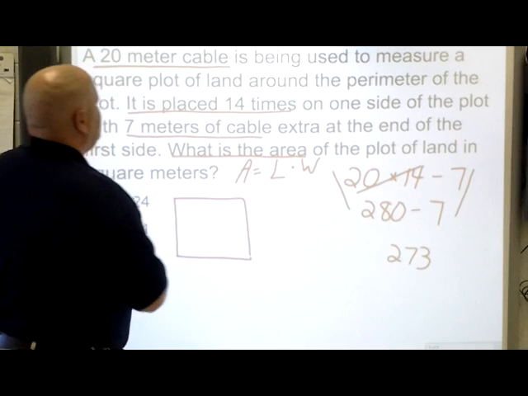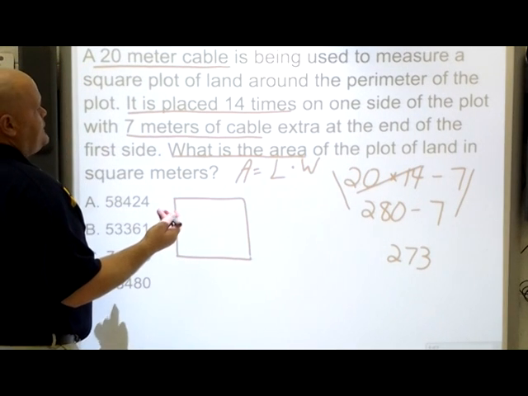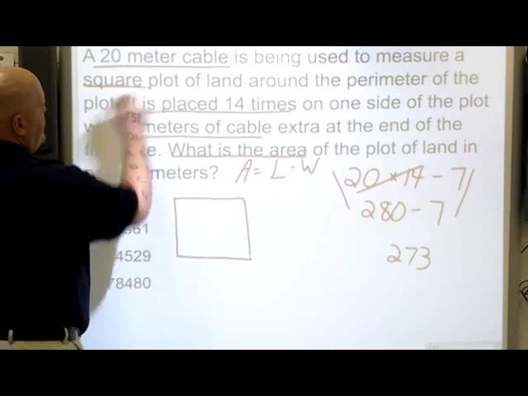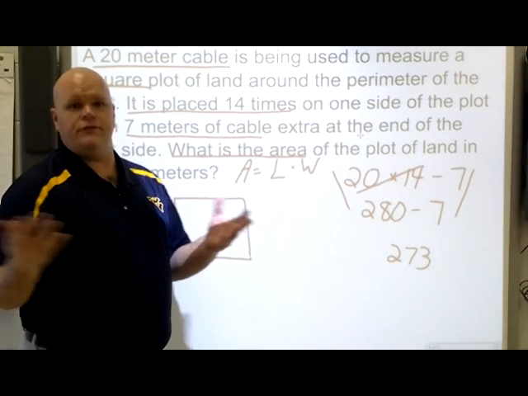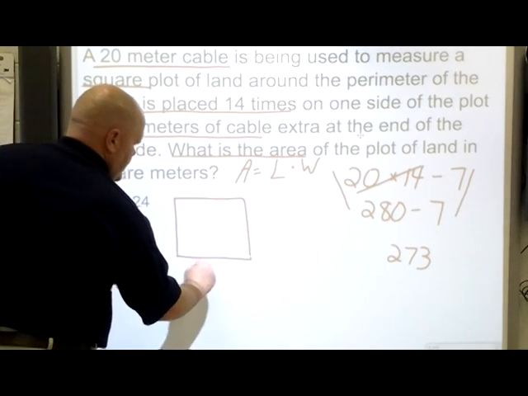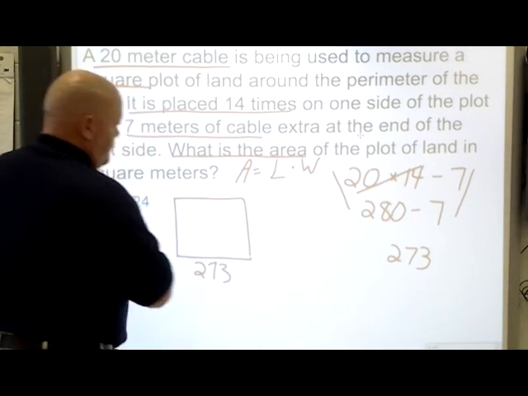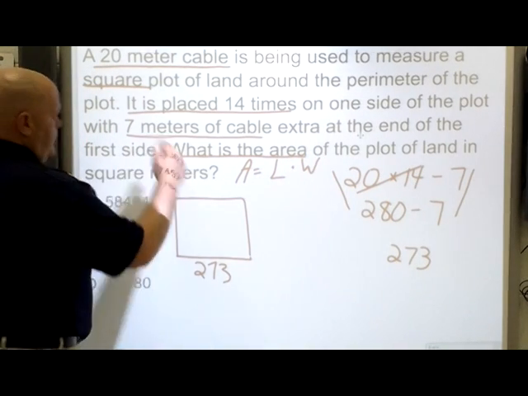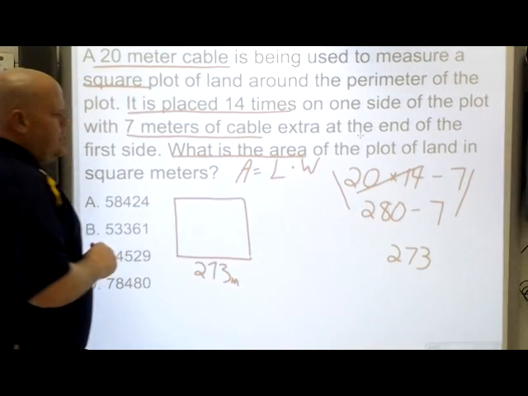All right? It says, what kind of shape is it? It says it's a square right here. All right, we know that a square has 4 equal sides. So one side, the side we've measured, is 273 meters long, correct? All right, so